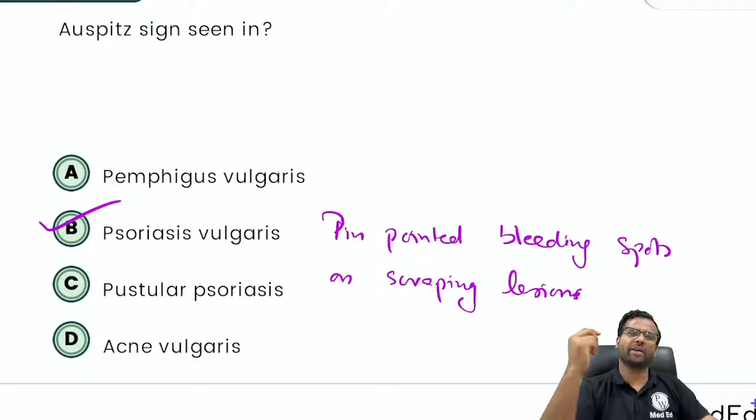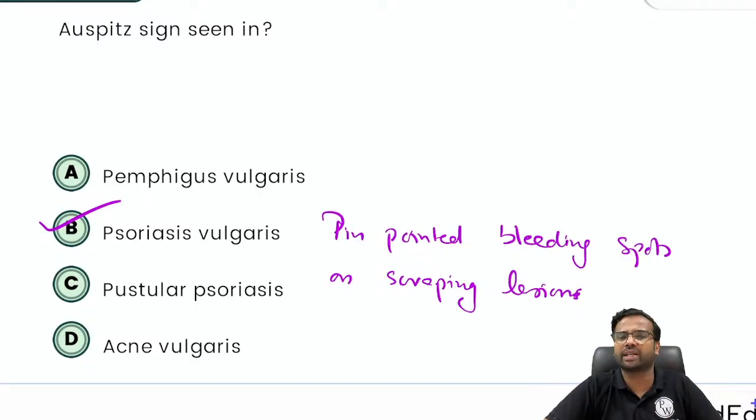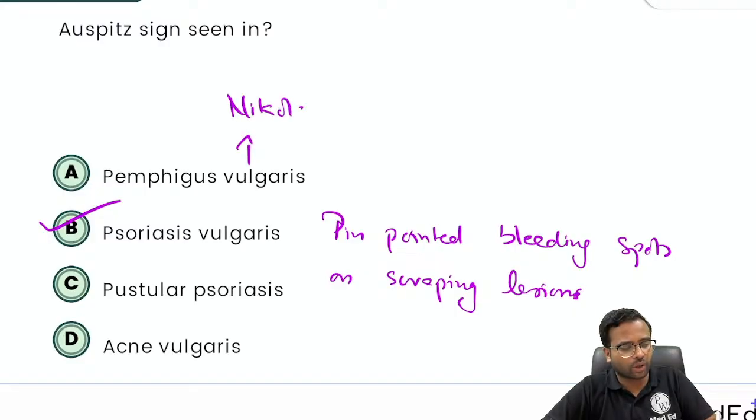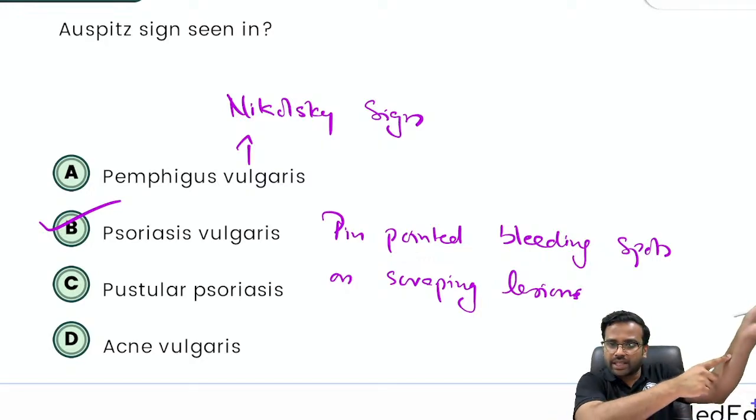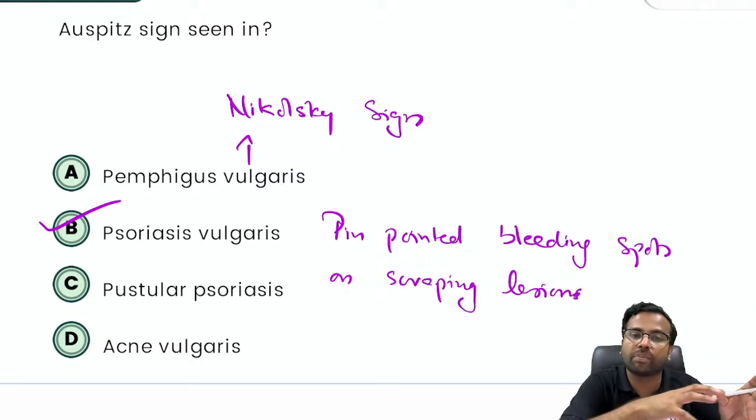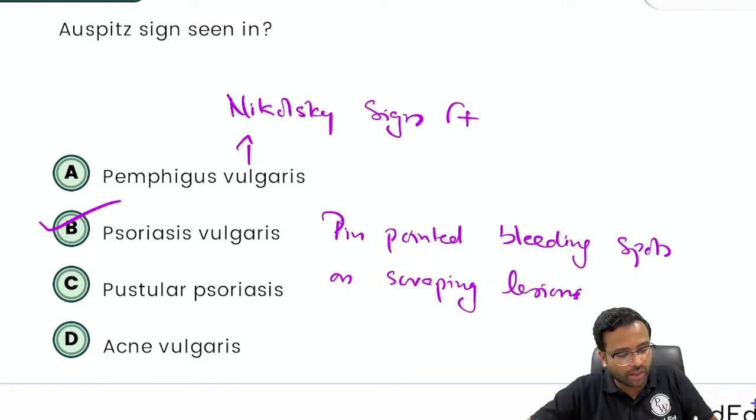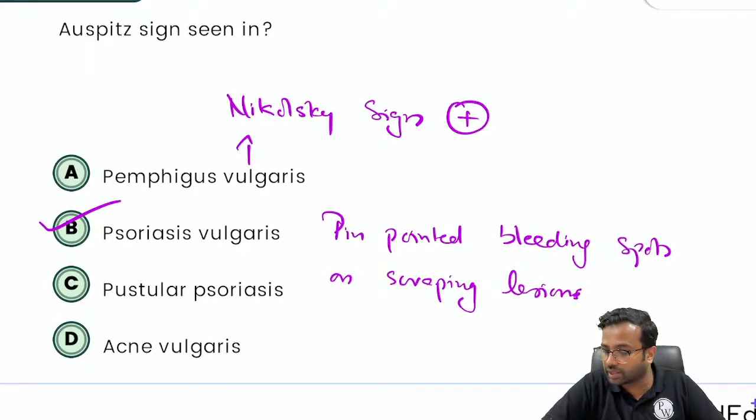I'm not sure why many of you thought about pemphigus vulgaris, because in pemphigus vulgaris, you can see Nikolsky sign positive. Like when you apply a tangential pressure over the skin, it may get peeled off. So that is why Nikolsky sign may be positive, but